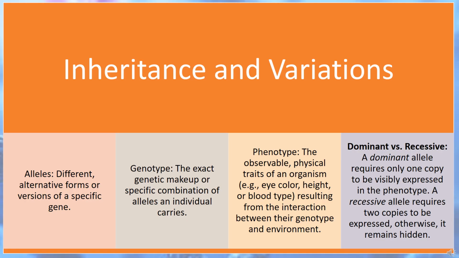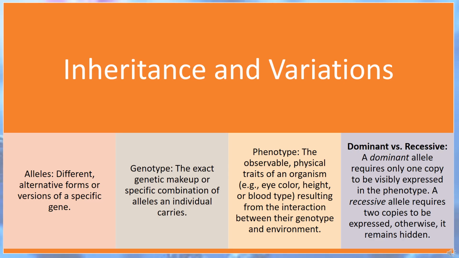Inheritance and variations. Alleles, different, alternative forms or versions of a specific gene. You inherit 2 alleles for every gene, one from each biological parent. Genotype, the exact genetic makeup or specific combination of alleles an individual carries. Phenotype, the observable, physical traits of an organism, e.g., eye color, height, or blood type, resulting from the interaction between